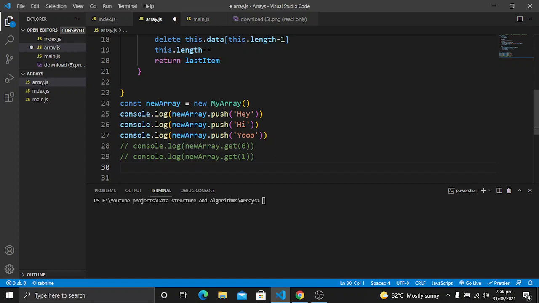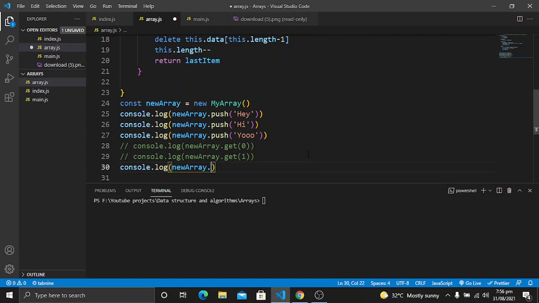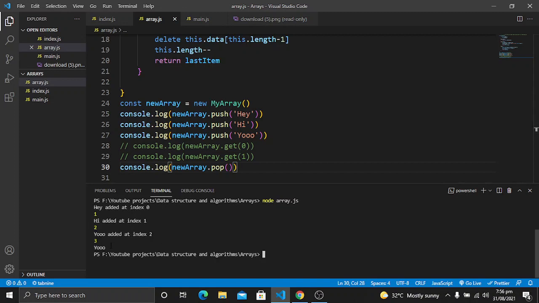The last item here is this Joe, and now I will use console.log newArray.pop, just call this function. Now when I run this code, you will see we get the last item that has been removed, which will be you.